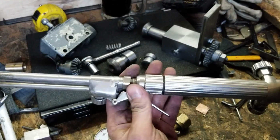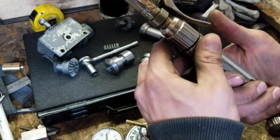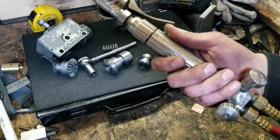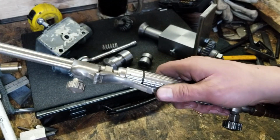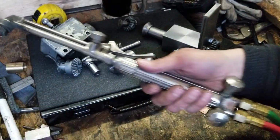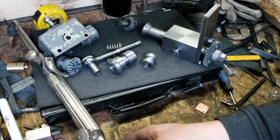I've never actually seen this brand of torch before, I don't think. A Presto weld. It feels really good. It's got lots of weight to it, and the fittings and everything are really beefy. The cut's not bad. I already chopped up a chunk of railroad track to test it out. But anyways,